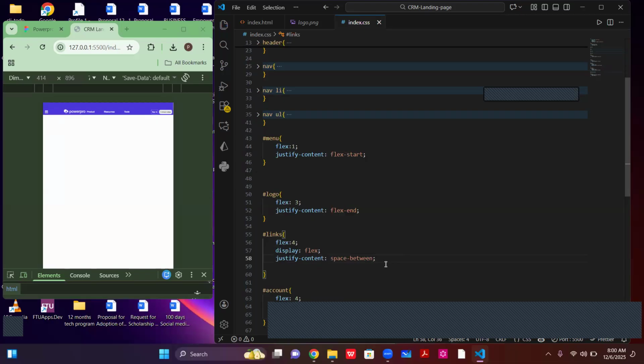Now, if I go back to the logo, instead of making it flex end, I will make it center. All right, I think it's looking better now. Or I can make it flex start. Let's see. Now, I think it's looking better. Yeah, it's looking better. And then this other guy, I can also make it,